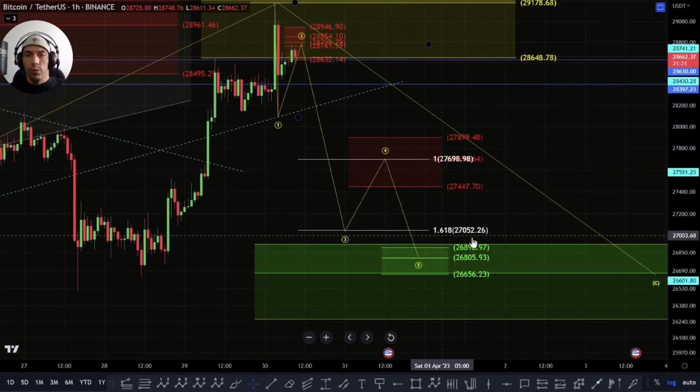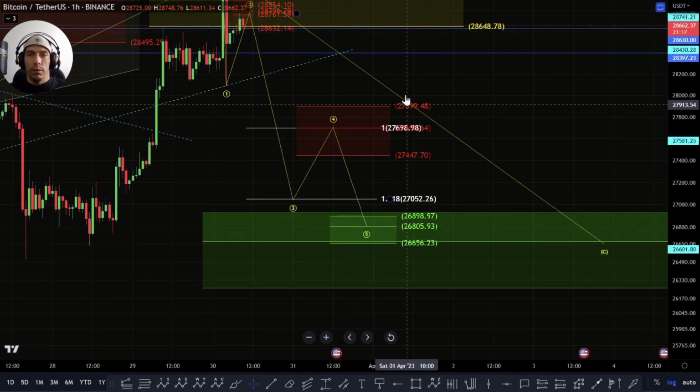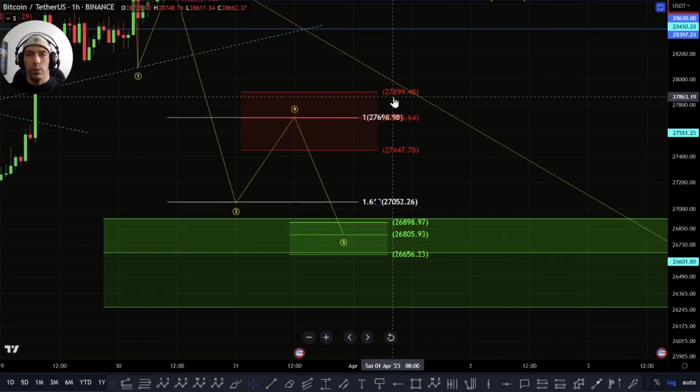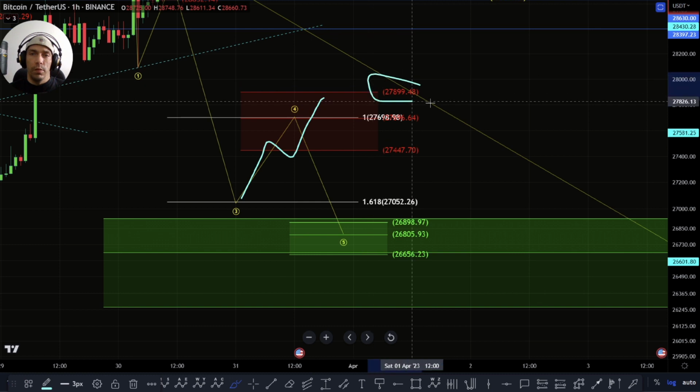But if we do move down to this 27,052 area, what I would be looking out for would be further rejection here towards this zone of this 27,899 to this 27,447. If we do move down in this manner, as long as we stay below this 50% mark, I